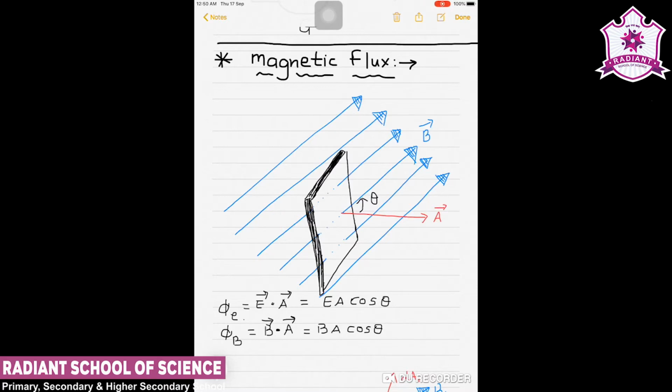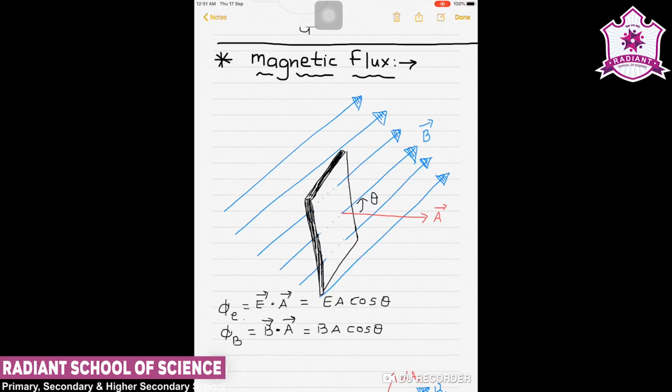Here the notion of the area as a vector is already discussed, and we have also said that the area vector is always coming out and perpendicular to the given plane. So the phenomenon of the magnetic flux is exactly as it was given for the electric flux. In short, we can say that the magnetic field lines passing through the given cross section area is called magnetic flux. Now this was the case for the uniform magnetic field, as all the field lines B are parallel to